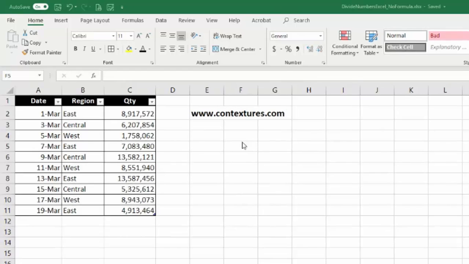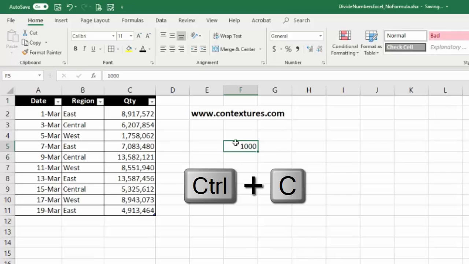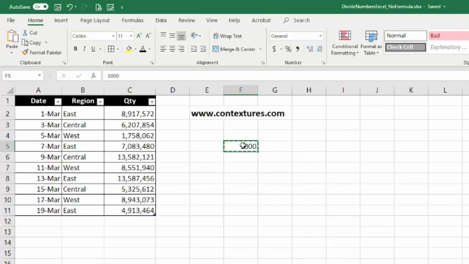So the first thing that we're going to do is to add that value over here in the worksheet. So I'm just going to type 1,000. And next I want to copy that value. So I can either do that with Control C or just head here, you can see it's copied. Next step, we'll select those numbers we want to divide by the value, and we're going to head towards the